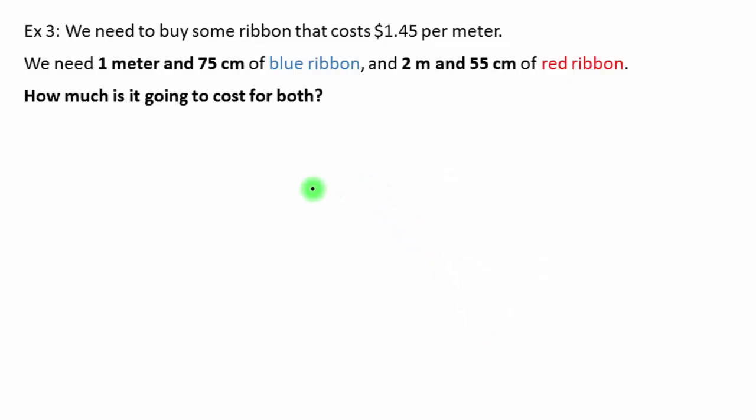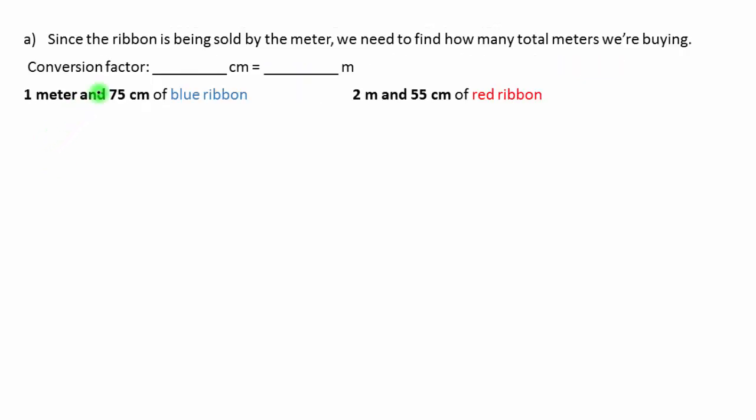All right, last example. We need to buy some ribbon now. And the ribbon costs $1.45 per meter. We need 1 meter and 45 centimeters of blue ribbon and 2 meters and 55 centimeters of red ribbon. How much is this going to cost for both? Again, we need to do a small conversion. 100